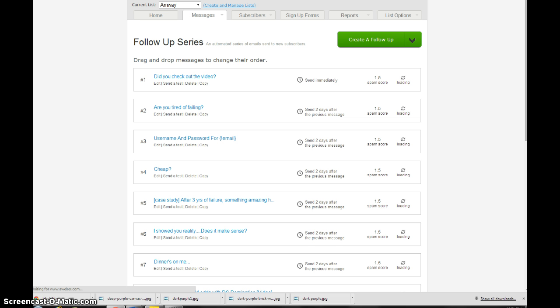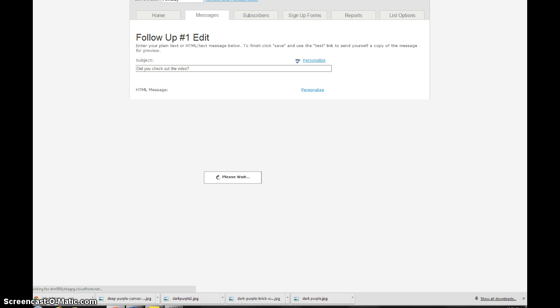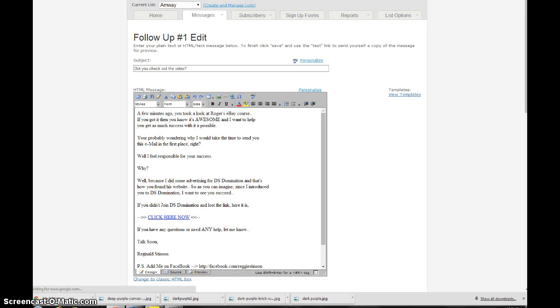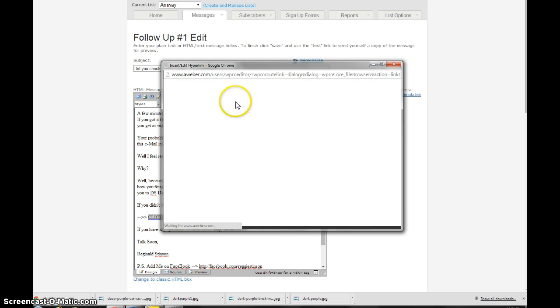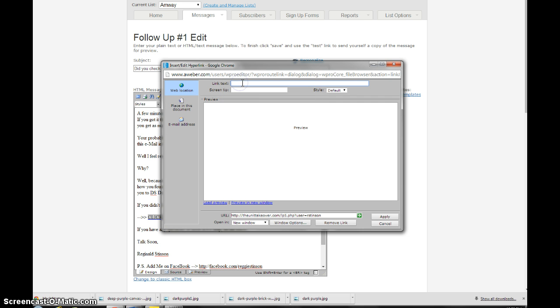The reason why you want to edit these messages is because when the person writes the message, as you can see in this message right here, they've got a clickable link. And so what happens is, if you don't go in and change that link, you'll send out these messages, and when people click that click here now button, it's going to go to the other person. So what you want to do is highlight the message, and then go up here, let's see, where is it, to the link tab, and it's going to pop up a different link, and then you're going to want to put the